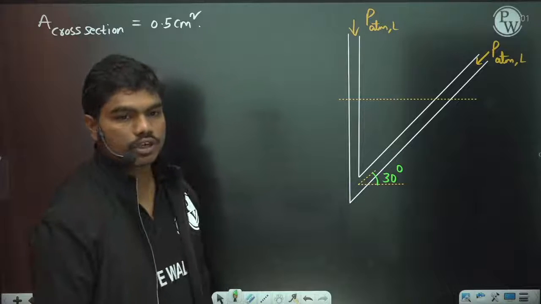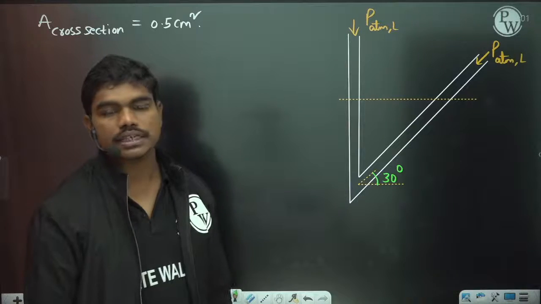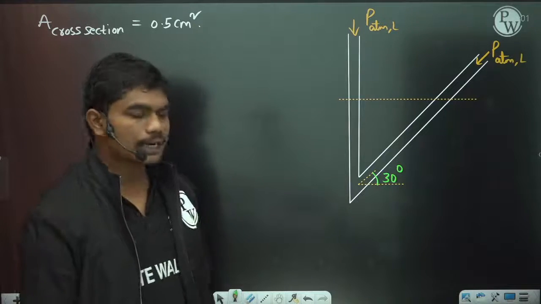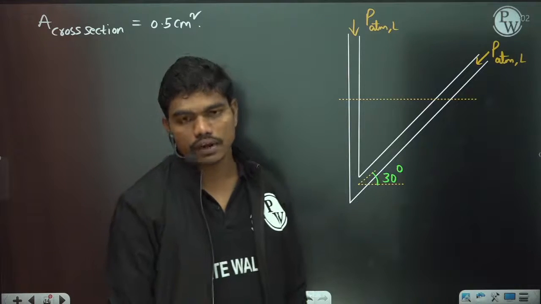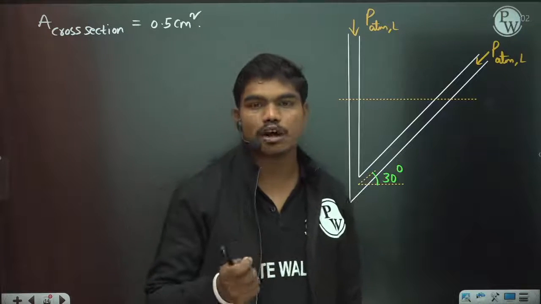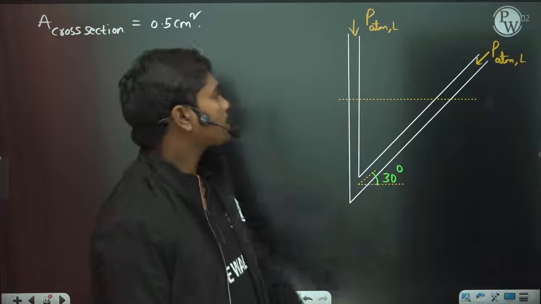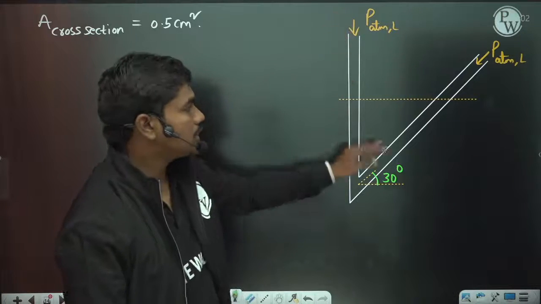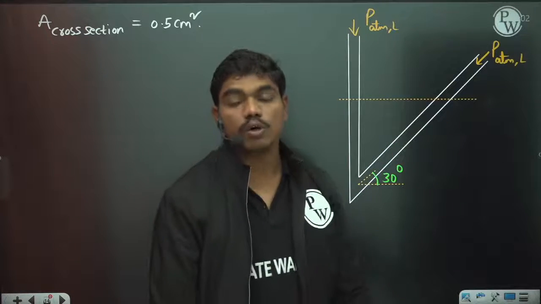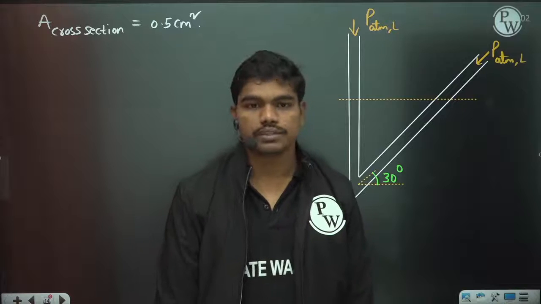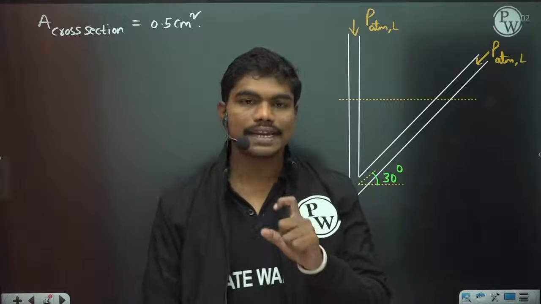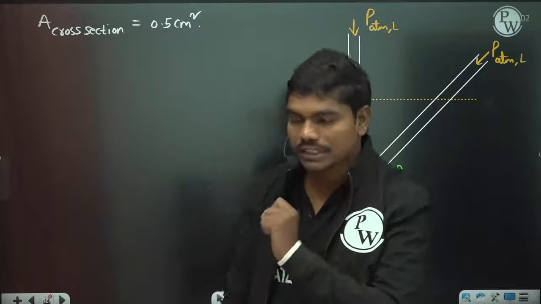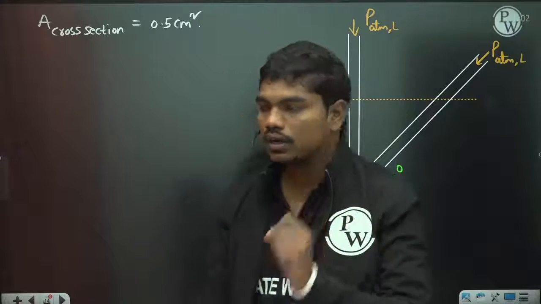Okay, so first of all, why are these inclined tube manometers very effective? Because these inclined tube manometers are actually more sensitive than normal U tube manometers. What is the meaning of sensitivity? Look, when you apply a certain pressure difference, the deflection in this manometer will be more compared to normal U tube manometers. Because in hydrostatics law, the concept behind developing these inclined tube manometers is, look, whenever you have